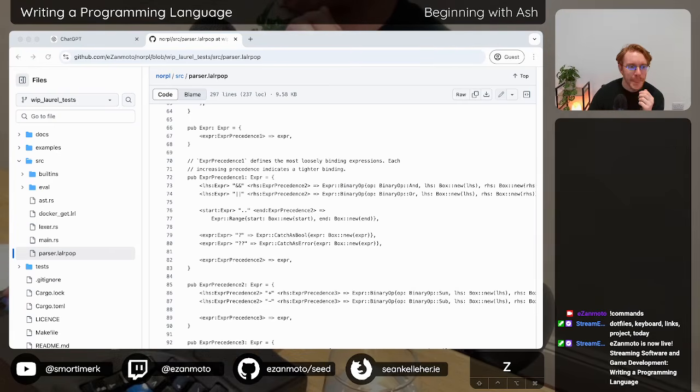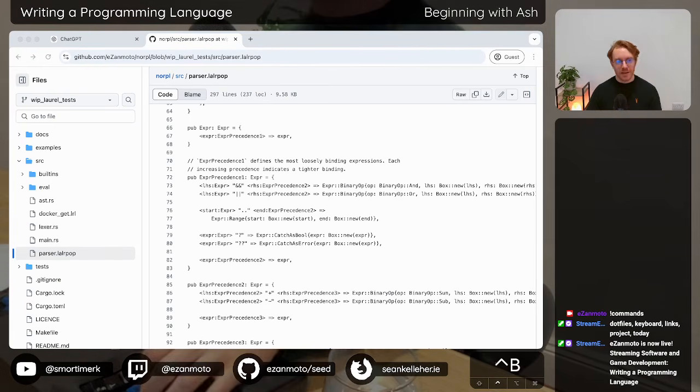Oh, yeah, and so that's just a result of not having... So that is one thing that I forgot I would have to update, is in the tests. I would have to rename all of the runtime errors, I believe.